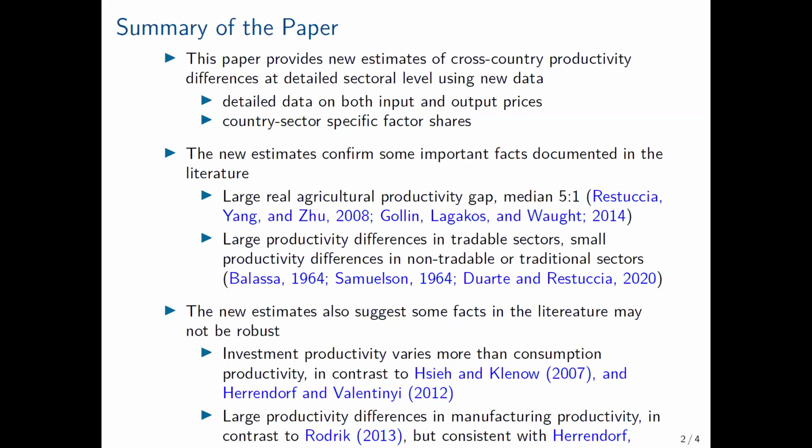But what your work shows is mostly non-tradable. So the tradable productivity gap is large, including manufacturing, which suggests that the poor countries may not have a comparative advantage in the non-agricultural sector, or the comparative advantage is actually quite small because of the large differences, particularly in manufacturing as well. So I think this is an important fact.